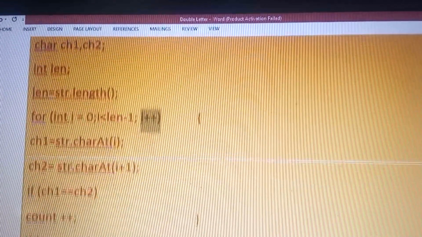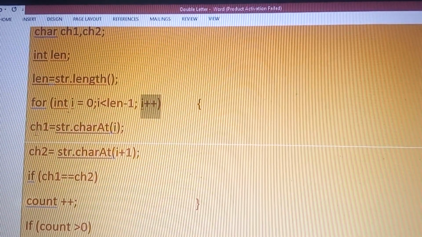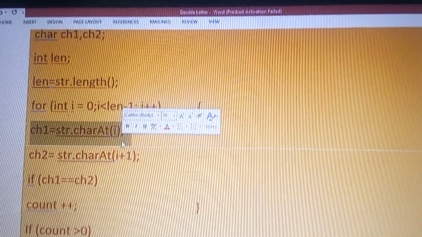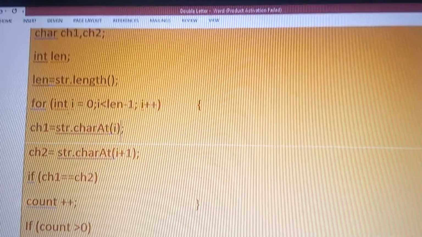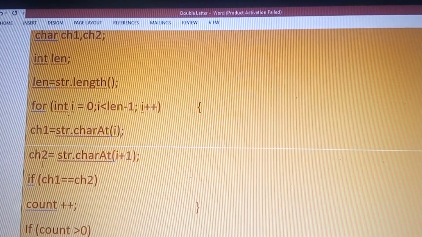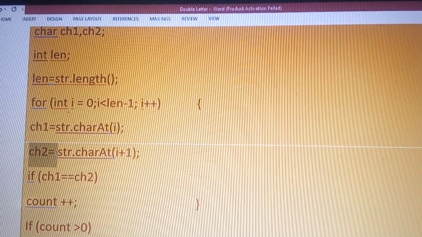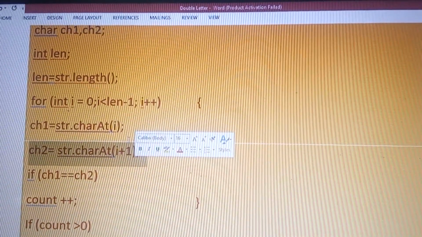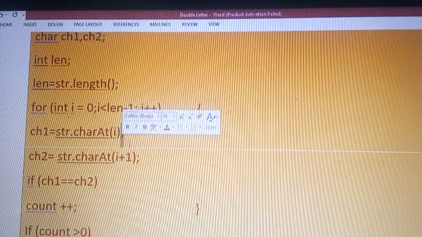Here, first, ch1 equals str.charAt(i), and ch2 equals str.charAt(i+1). What does it mean?